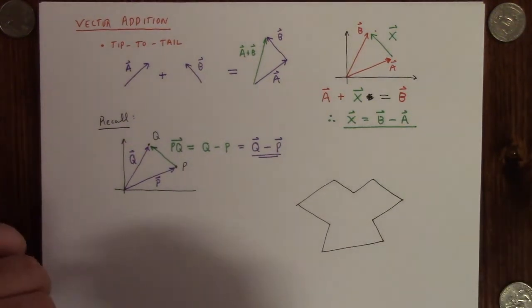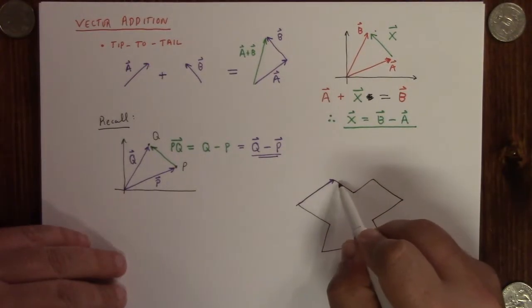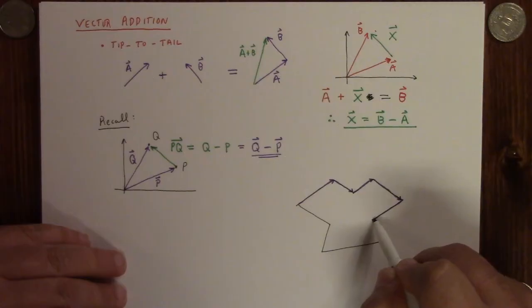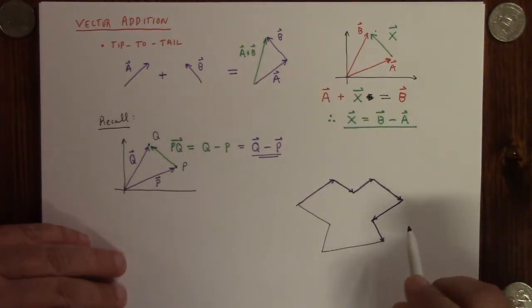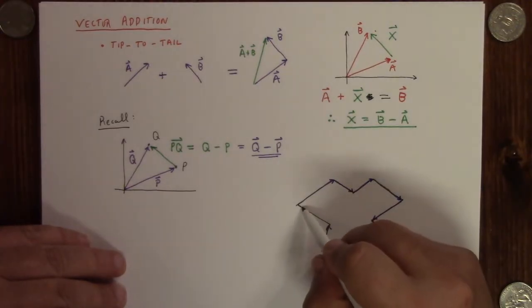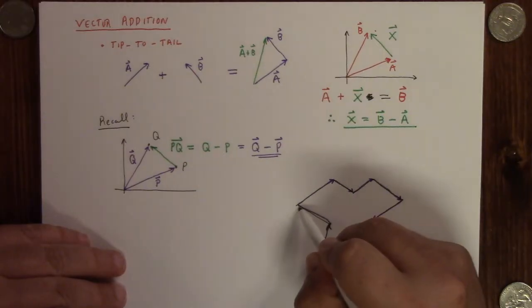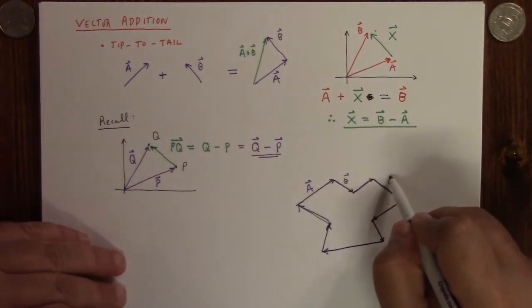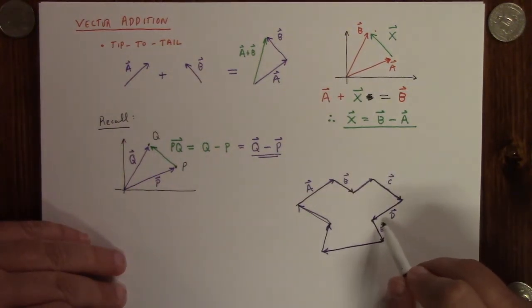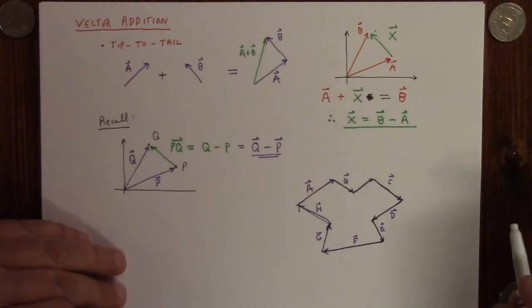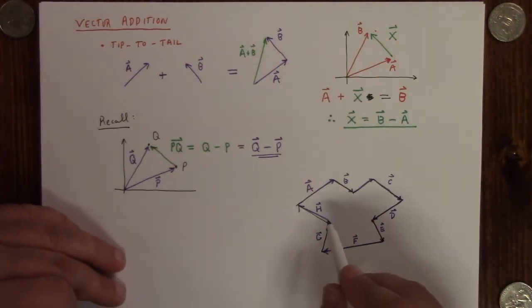If you were to draw vectors, one after the other, that went around the perimeter of the shape, like this, right? This, and then this, and then this, and then this, and then this, and you were to look at the sum of those vectors. I'll give them names here in just a second. But the sum of vectors that are placed like that around a closed shape in the plane. So suppose this is A, B, C, D, E, F, G, H. So A plus B plus C plus D plus E plus F plus G plus H